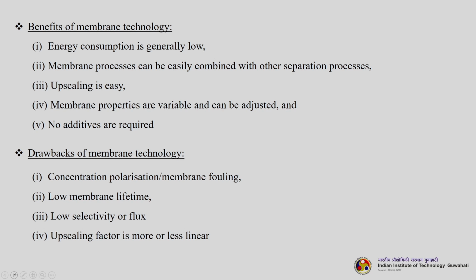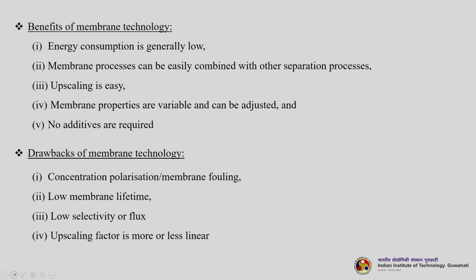I am just giving an example of wastewater treatment, where the pollutant is present along with other pollutants, but I am targeting that one because it is more toxic. Others can be removed by other techniques, right? And it also depends whether the concentration is high or low. So, I can make a membrane which will selectively either retain this particular pollutant or let it permeate through to the downstream side. This is the meaning of tailor made actually, and you do not need any additives in membrane separation, just like we need an extractant in LLE, or another solvent to break azeotropes in distillation columns.